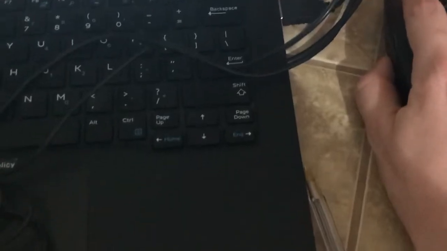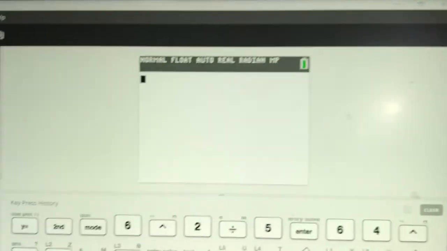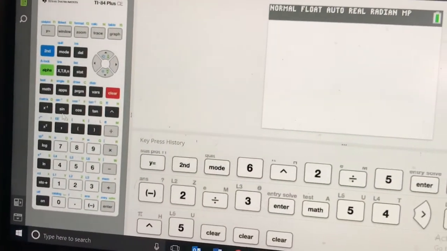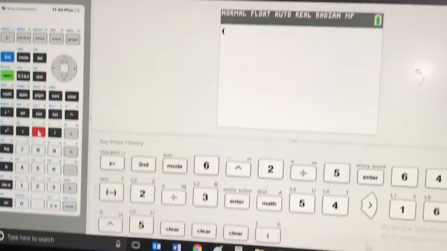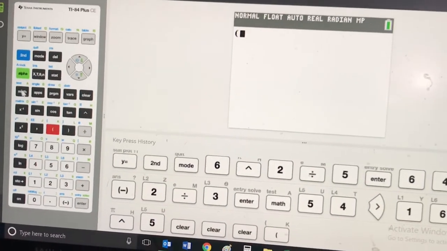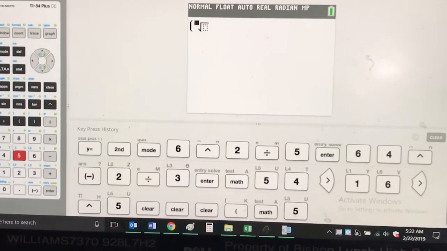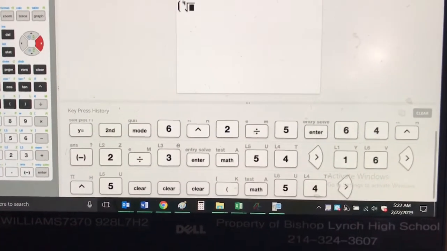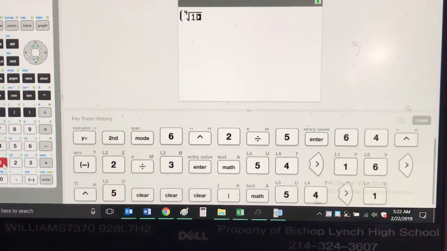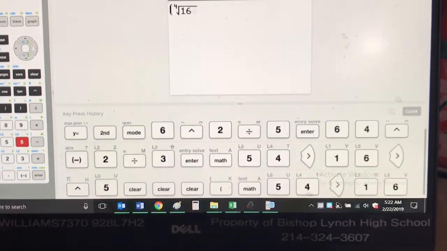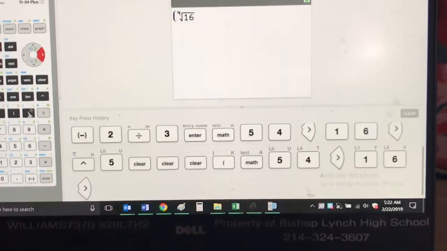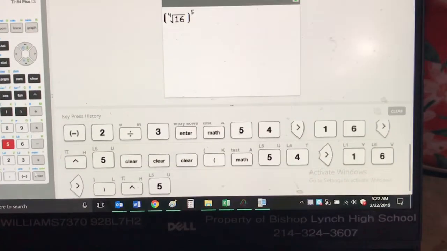So I want to put in parentheses, and then the way to get the 4th root, you do math 5. So I want to put in the 4th root of 16, and then I'm going to close my parentheses, raise that to the 5th power,